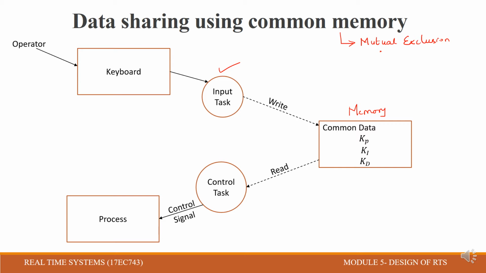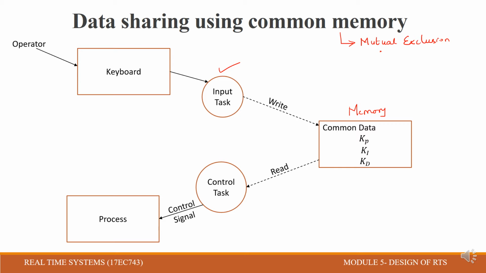Consider the transfer of information between the input task and control task, as we have already seen in this figure. The input task gets values from the various controls. What type of data is it sending? It is sending controller parameters. When we say controller parameters, it includes PID values: proportional gain, integral action and derivative action. All these values it is sending, or updating, to the control task. It is a simple task.